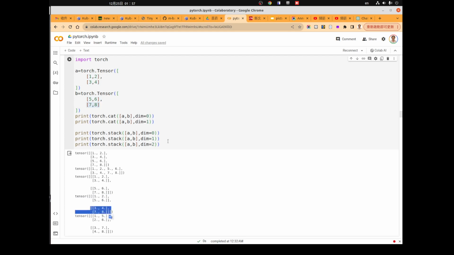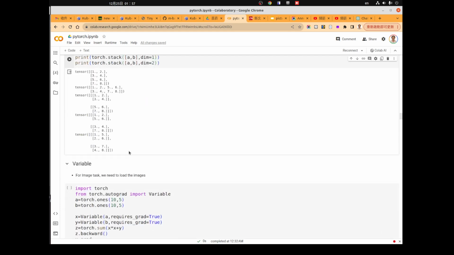Okay, so this is stack at dimension 1. And if we stack them in dimension 2, this is dimension 2, and the other one is here. So it's 1, 5, 2, 6, 3, 7, 4, 8.